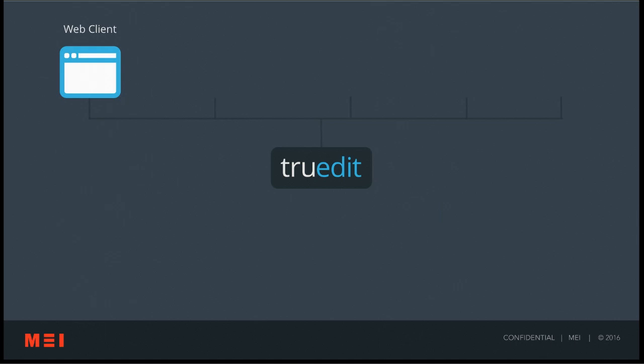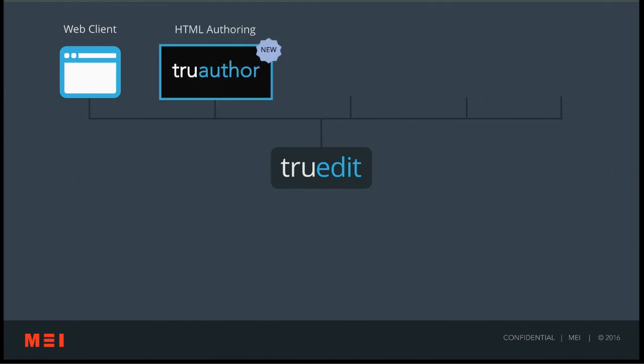So TruEdit at its core has a number of key interfaces, and today you're going to see all of them. You're going to start with the web client, and this is an interface for any user to be able to come into the system, whether you're doing that from a desktop, a laptop, or a mobile device. You can access your jobs, your metadata, and work on your tasks. Within the TruEdit platform, we also are introducing today TruAuthor. That's the HTML5 responsive design editor, and you'll see how through that we can create content that's ready for web and mobile, and also bring that content into print platform.